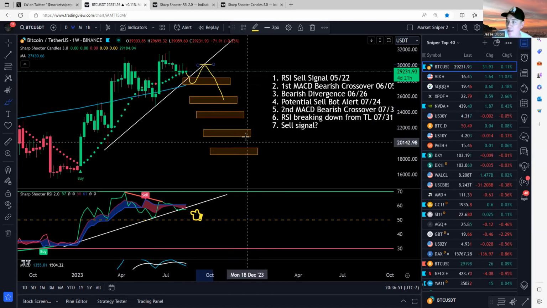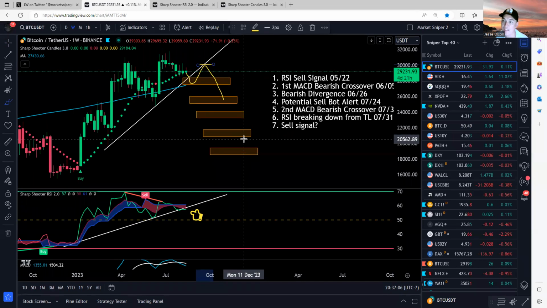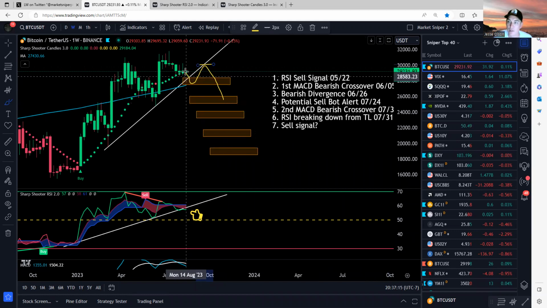Keep it in mind that at 20,300, there is a 4% gap. Is that big enough for the market to care that much? I don't know, possibly. But as an awareness, there is a 4% gap on the CME futures down at 20,300-ish, somewhere around there. So it'll be interesting to see, but all these signs on the weekly chart are showing